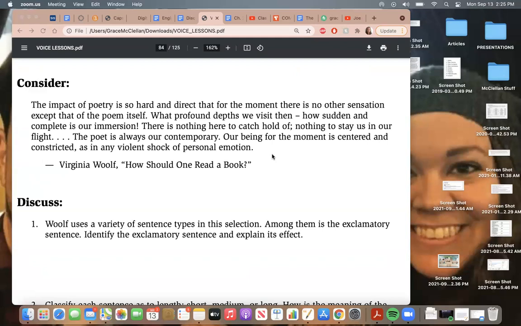sentences that are shorter? Not because there's anything wrong with writing a lot of long sentences, but because if you just have long sentence after long sentence after long sentence, it can get kind of monotonous. And same thing for short sentence, short sentence, short sentence. That can get kind of monotonous. In fact, Hemingway, for being one of the most famous and revered authors of the 20th century, gets made fun of sometimes. And sometimes people don't like him because they think that his sentences are too short and simple.